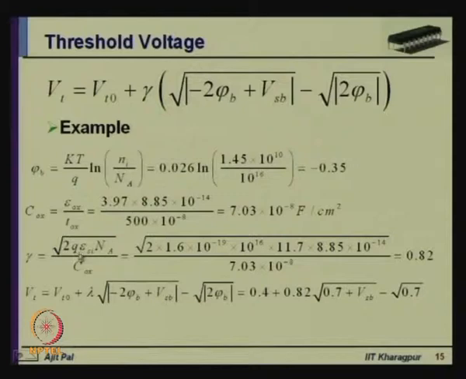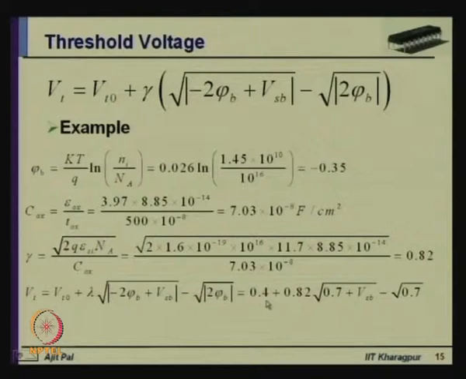Here the charge of electron, the permittivity of silicon dioxide, Na, and COX are all substituted, and by substituting various values you get Vt roughly equal to 0.4,